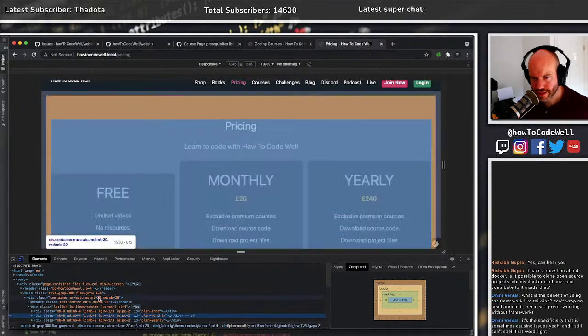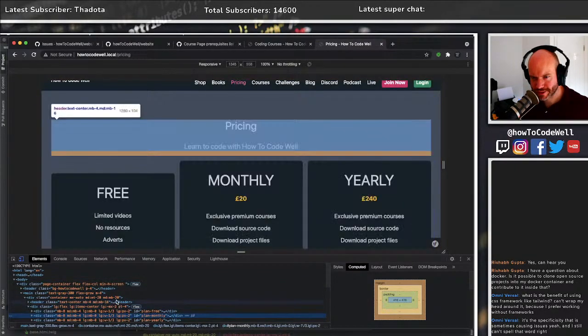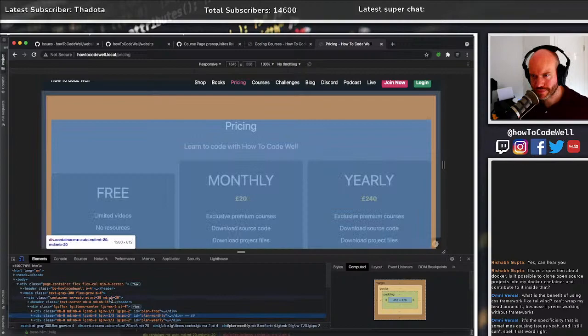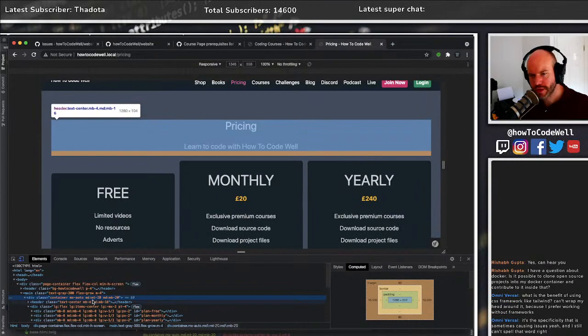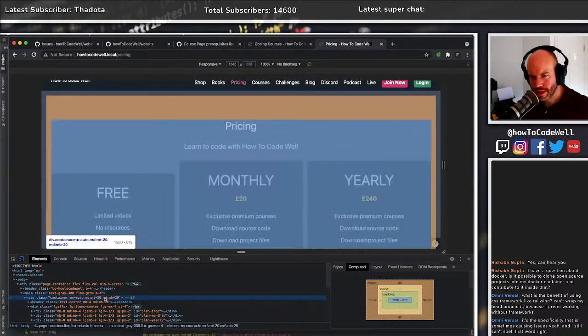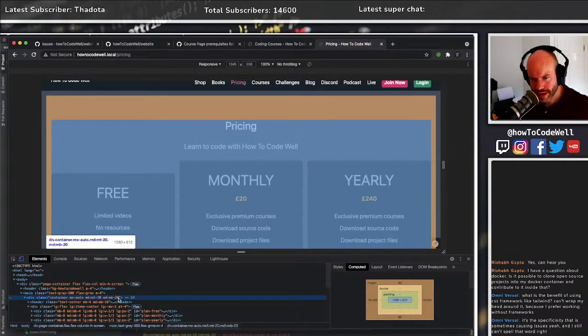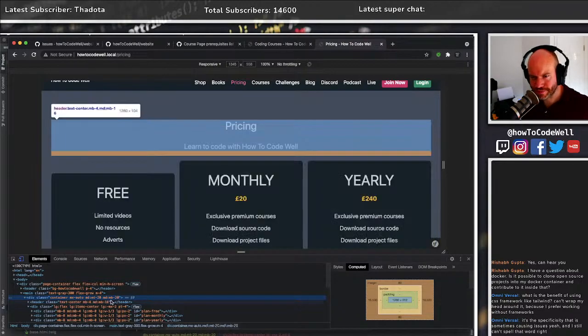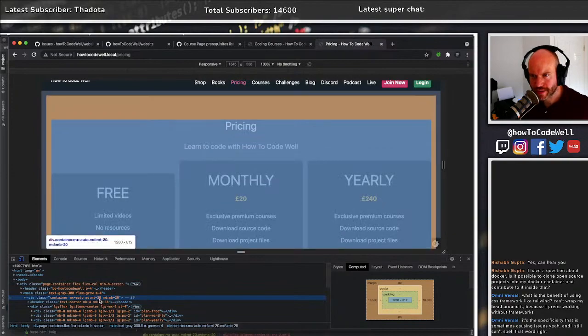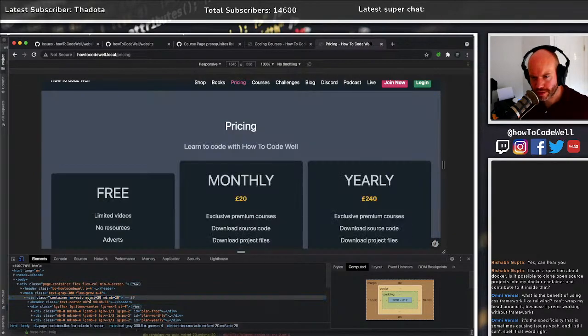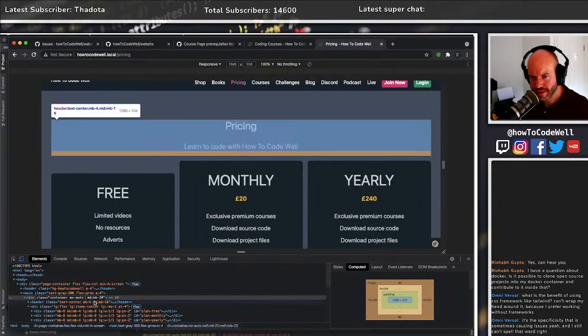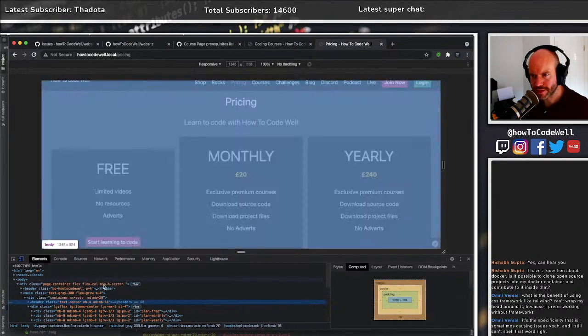Now this I need to deal with, because the whole height on this is different because of that MD. So the MD is the medium. A great thing with Tailwind is that you don't have to worry about writing media queries. You can just do it inline like this. Some people like it, some people hate it. I'm wondering if we remove that. There we go, that brings it up to the top.